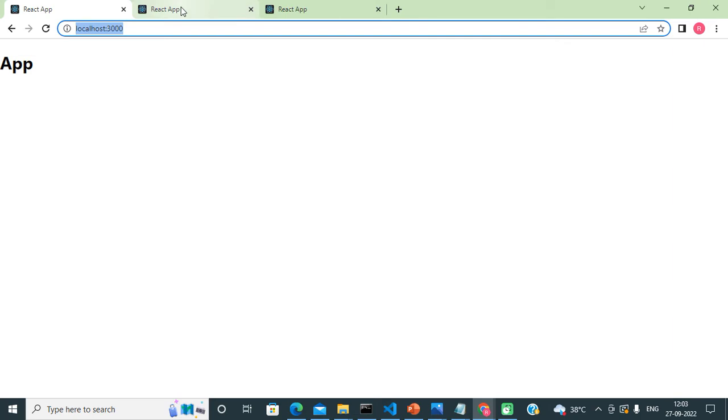So on this URL user will see the home page, that is the default web page of our application. So basically friends, localhost 3000, localhost 3000/about, and localhost 3000/login, these are actually known as routes.